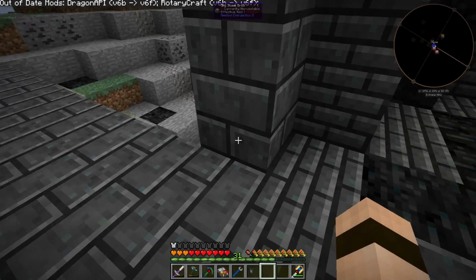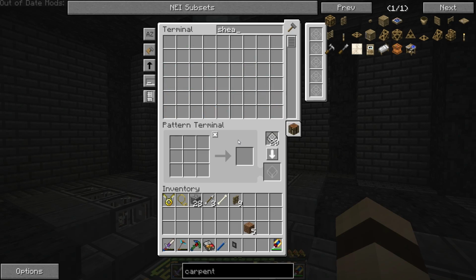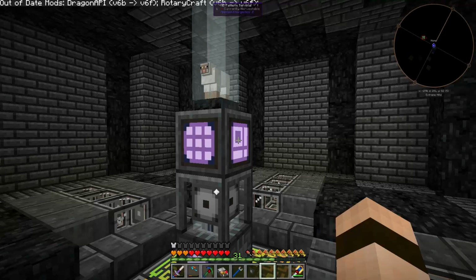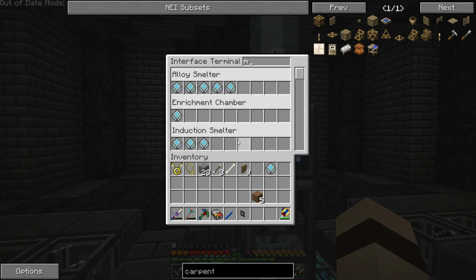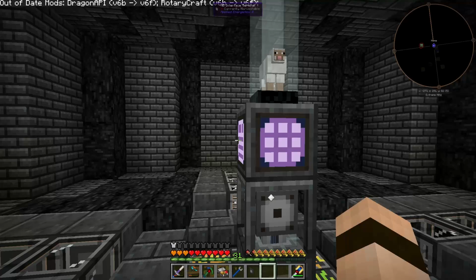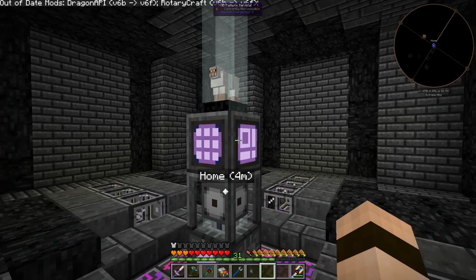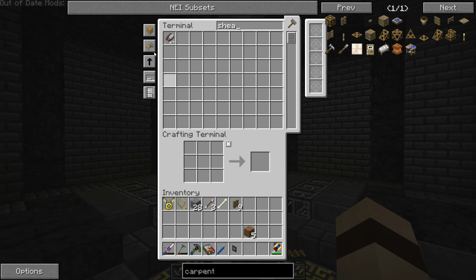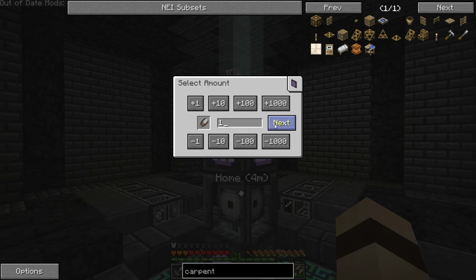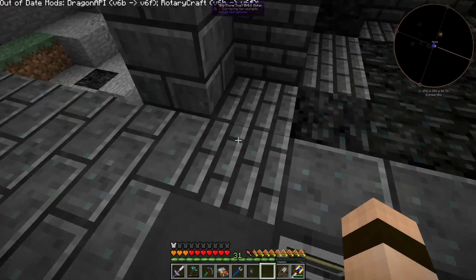We need to make a pattern for shears, first off. Like that. And we'll just put this in one of our molecular assemblers. I did add some more interfaces, so we've got more storage for more crafting. And then, if we go ahead, we should have the ability to craft some shears. Let's make one of those. And we'll put that